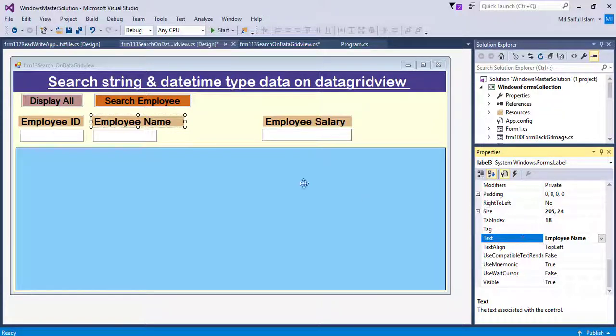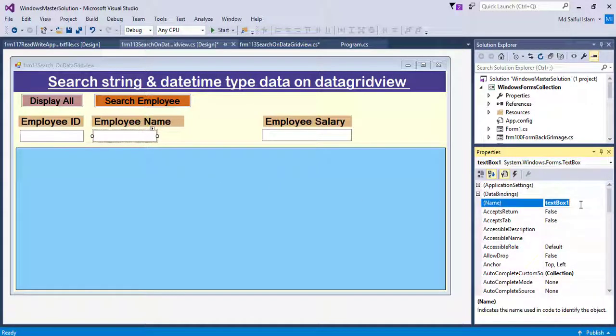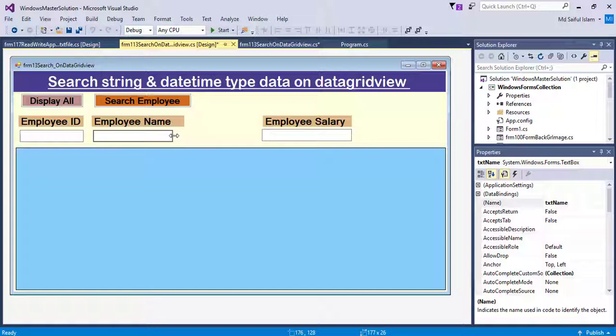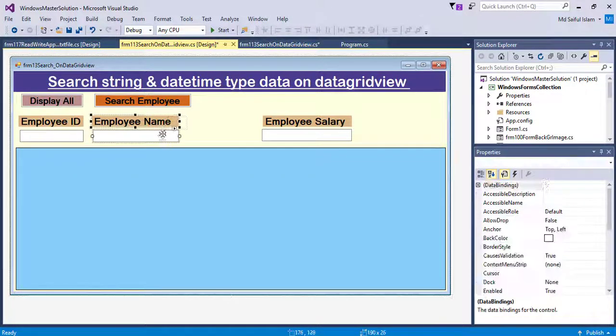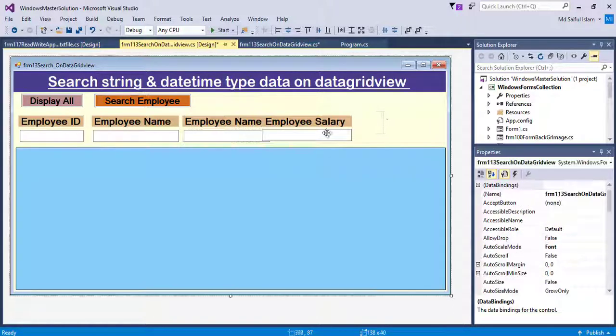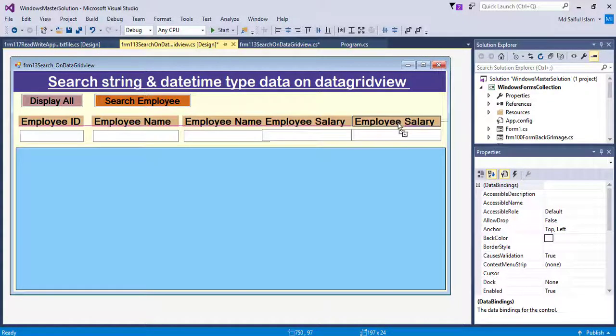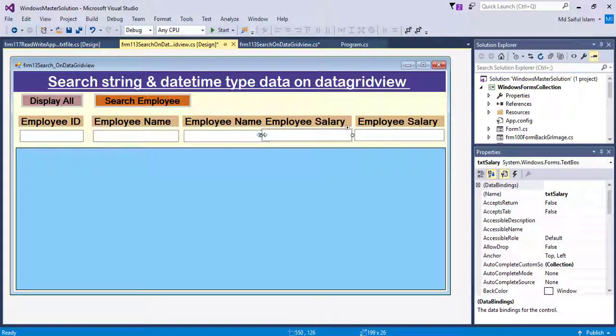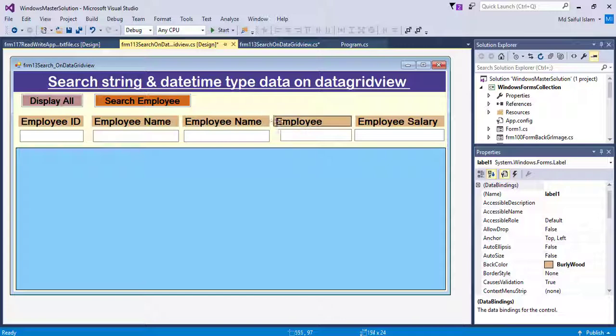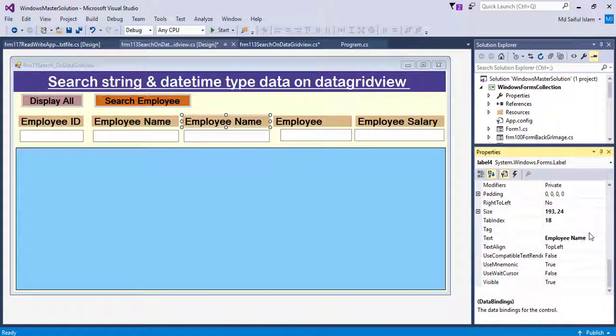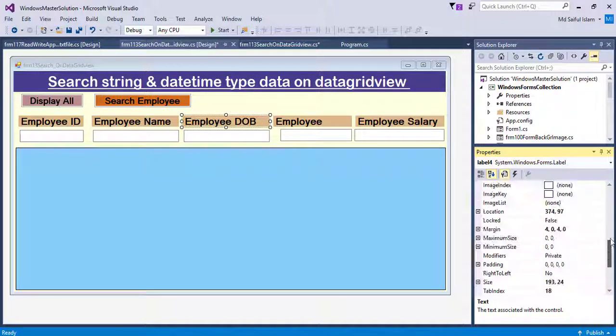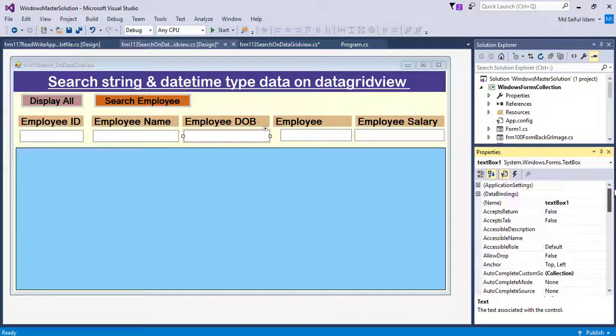Name, text box name will be txt name, emp dob, txt dob.